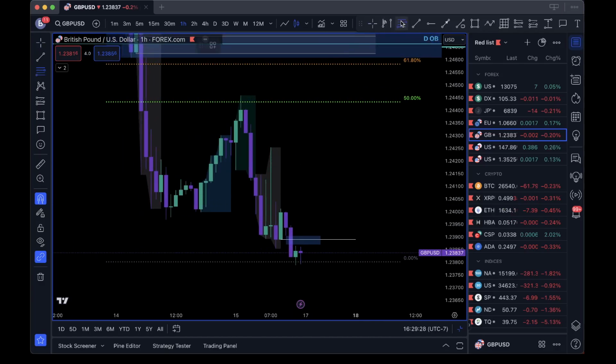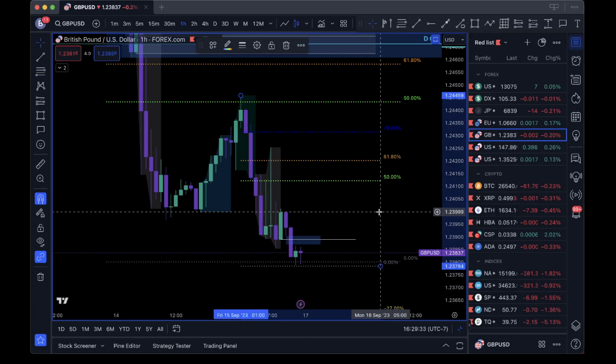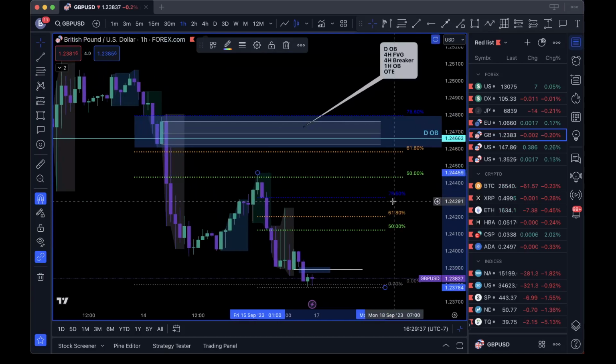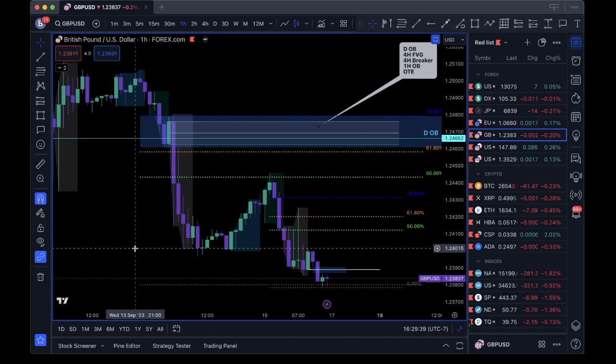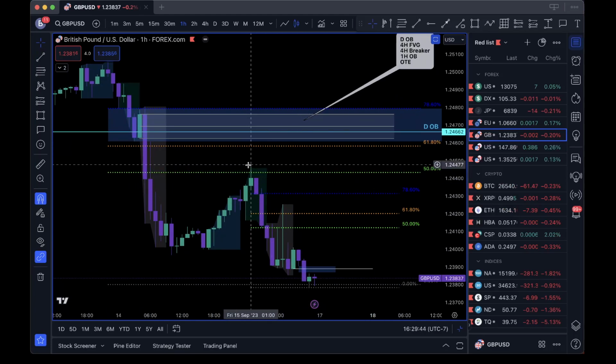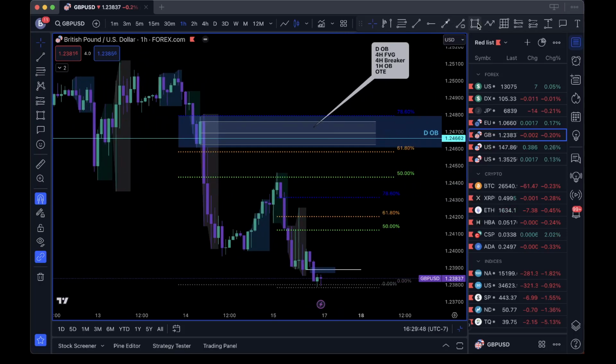Now let's pull our fib here because there are a few other things that we can look at. And honestly, I'm just doing this live. I have not taken a look at this. I don't trade this chart at all. I literally just trade euro, but I know a lot of people trade GBP USD. This is an order block. I mean, look at that. This is not a bad level. Okay.